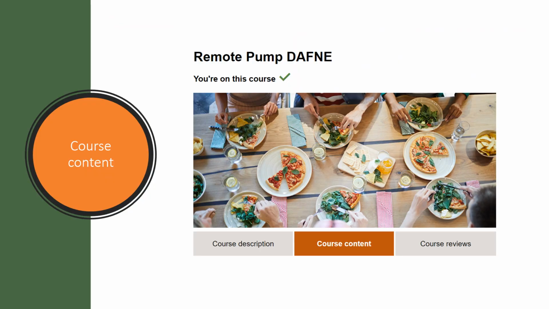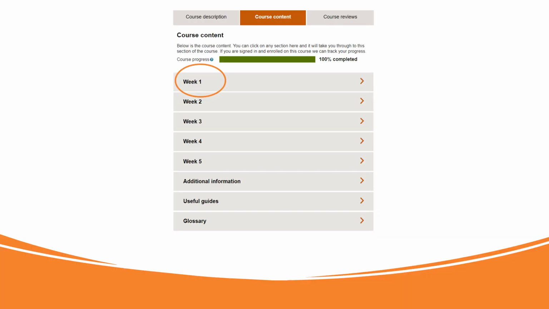Now we have looked at the course structure and navigating the course, let's look at the course content in more detail. As with Remote DAFNE, the course content is divided into 5 weeks of learning. Each week focuses on a different aspect of Remote Pump DAFNE. Week 1 is about the basics of glucose checks and targets,